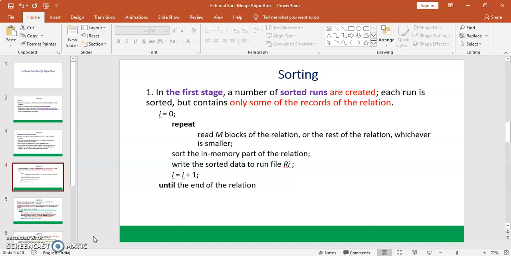Then increment i by 1, so that it takes the next M blocks into the in-memory part and creates the next run. This is continued, so you will have a number of runs created in sorted order, and that is the first stage.